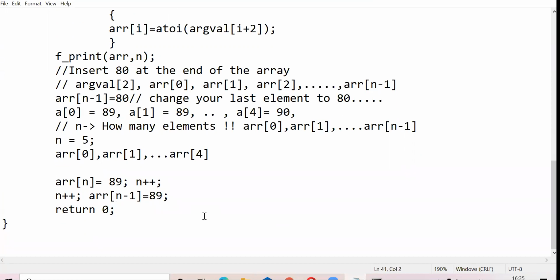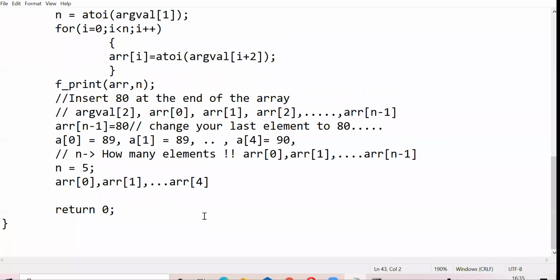How do you insert an element at a given location in this array? Assume that I want to insert an element at an index 2. What will I do? Ma'am, we can do one thing. First, we can increase the size of the array, and then the position at which we want to fix our own element, we can shift the elements one position forward, and then that place will be empty. Perfect. Is that clear to everyone?